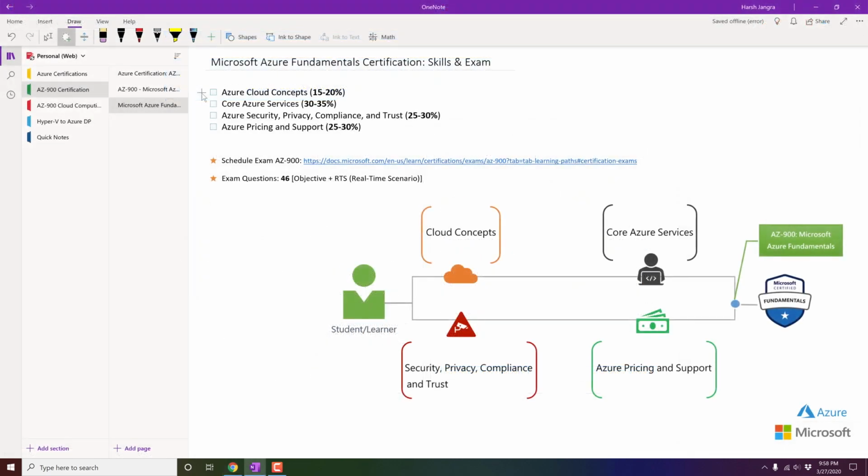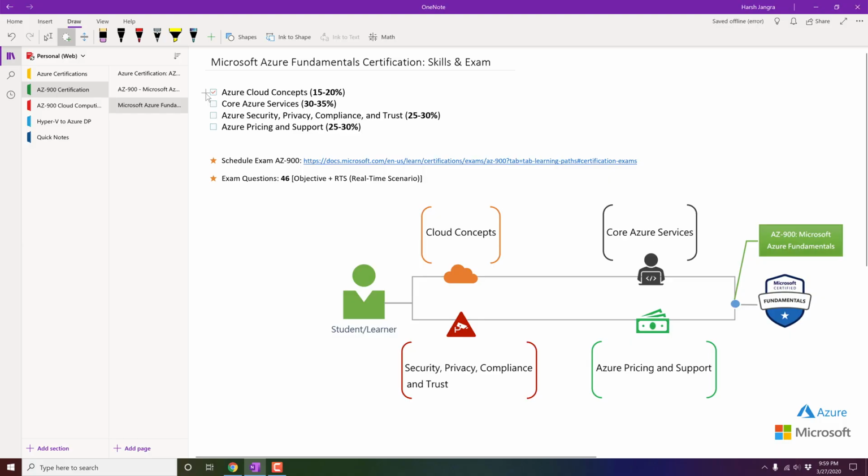Now we know which certification path is good for us and how we can leverage our knowledge to achieve more with Microsoft certification. So let's come back to our ongoing training module, which is all about Microsoft Azure Fundamentals skills. To achieve this certification, we must have knowledge about these 4 different parts. The very first one is Azure Cloud Concepts. It covers what Microsoft has to offer and what sort of services are offered, for example software as a service, platform as a service, or infrastructure as a service. We'll learn all about the terms and offerings within this, and it will cover 15 to 20% of this certification.